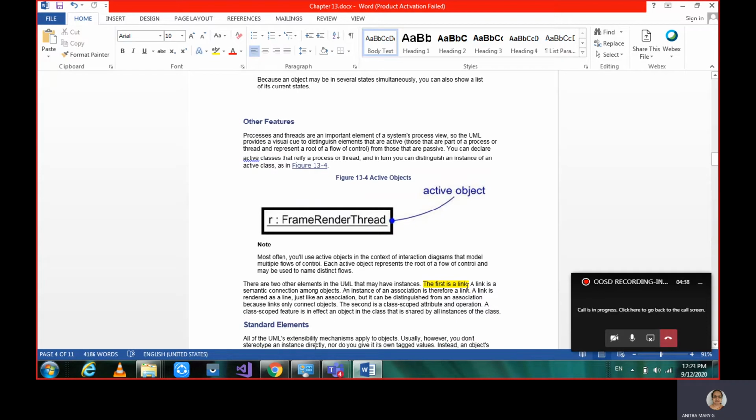Before this we learned that the relation among two classes we call association. The instances of the classes are objects, and the object relationship we call a link. So we can say that an instance of an association is a link.